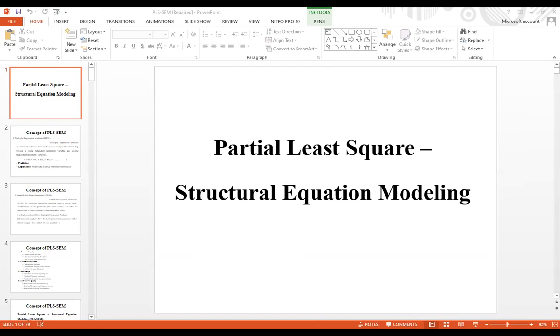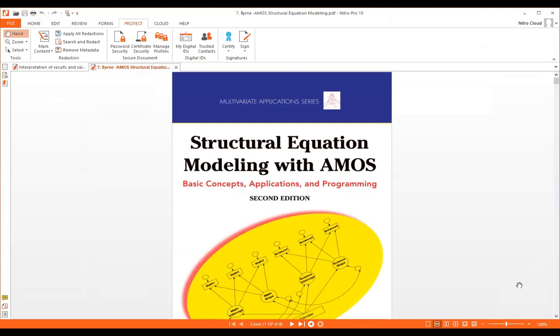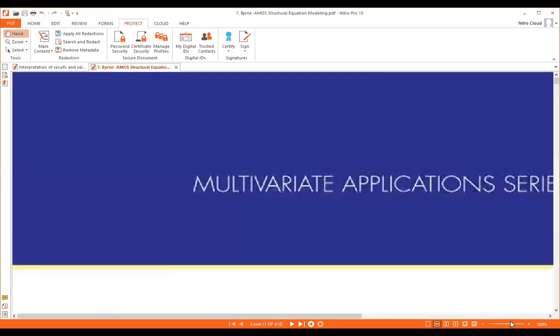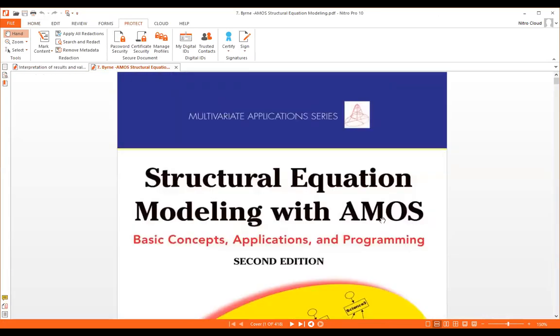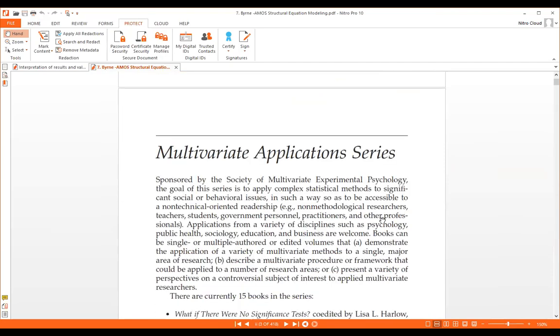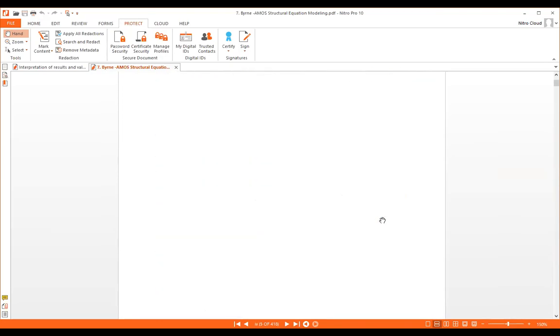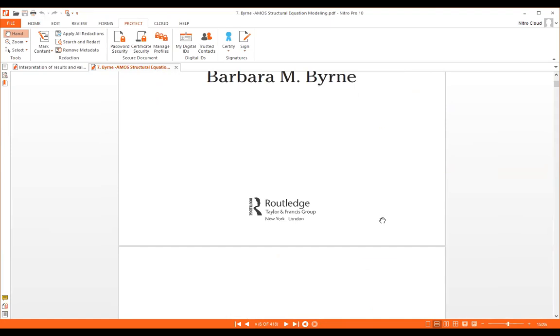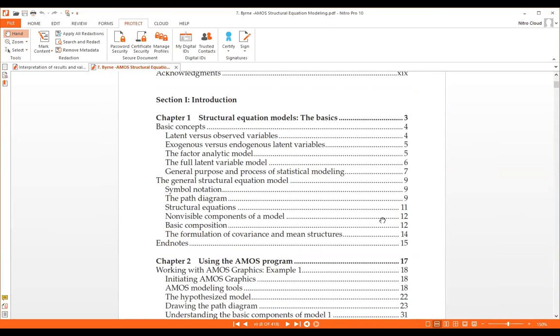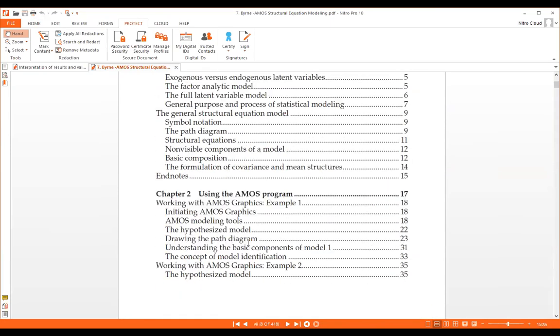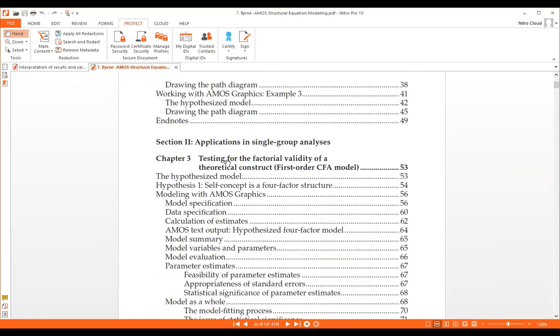ओके ओके, देखिए नाउ आई एम शोइंग यू द बुक. For more detail you can go through this book, Structural Equation Modeling with AMOS. You can take a photocopy of this book. अगर AMOS सीखना चाहते हो, so they started with the very basics, बहुत basic से किया है. बारबरा एम बायरन की बुक है. So here you can use the AMOS program, how to use, testing for factorial validity of first order CFA model,